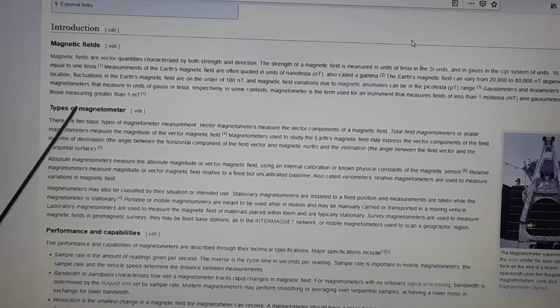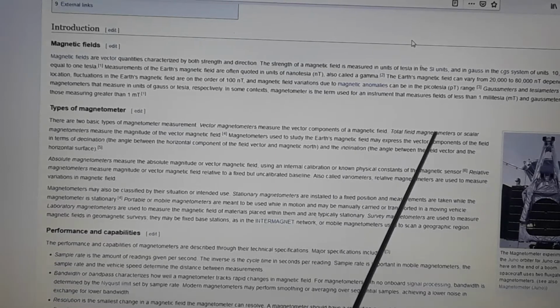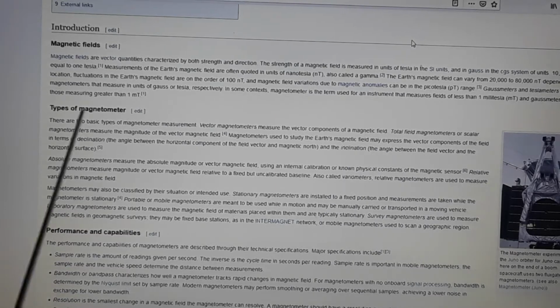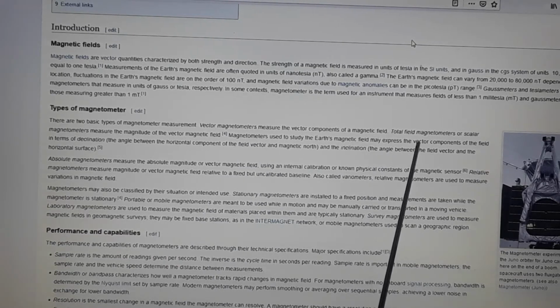Types of magnetometers. There are 2 basic types of magnetometers measured. Vector magnetometers measure the vector components of a magnetic field. Total field magnetometers or scalar magnetometers measure the magnitude of the vector magnetic field. Magnetometers used to study the Earth's magnetic field may express the vector components of the field in terms of declination,